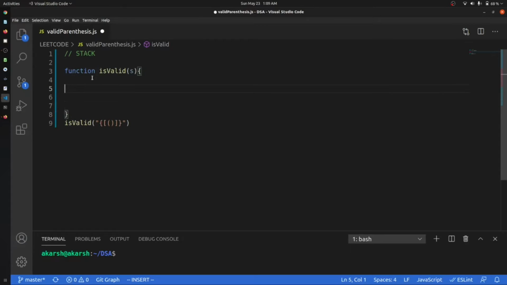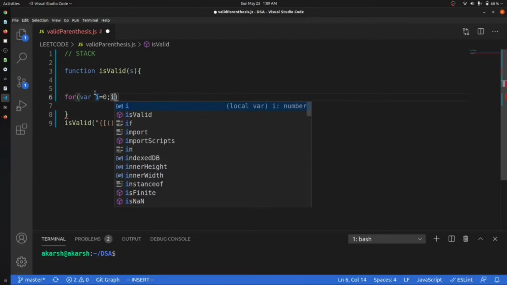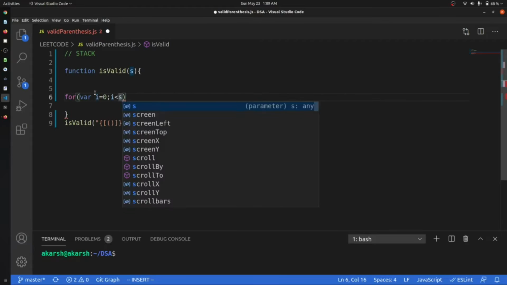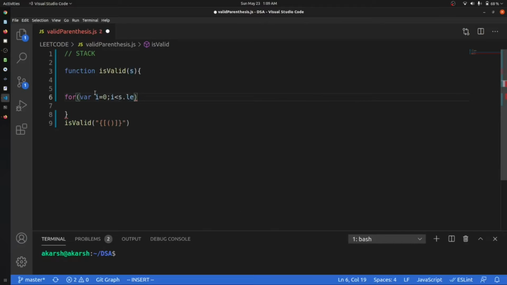Firstly, we have to iterate through all the characters of the string. We have been given a string, so we will iterate through it with a for loop up to s.length, and then i plus plus.